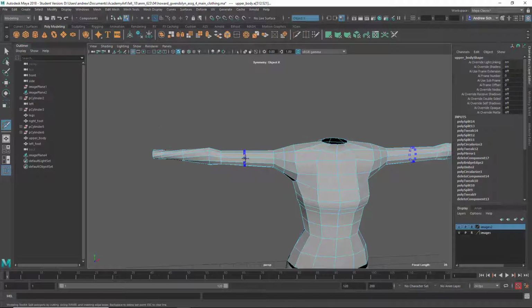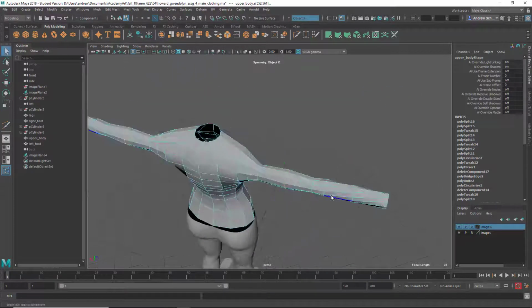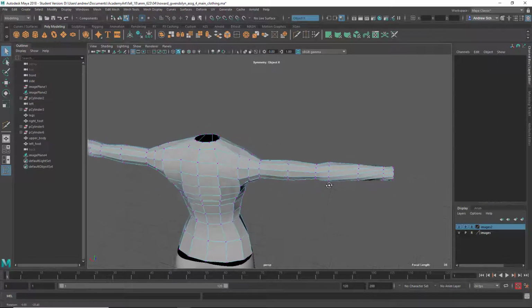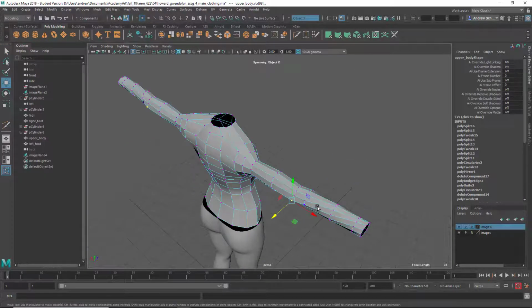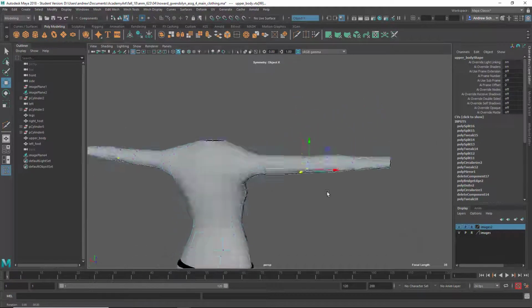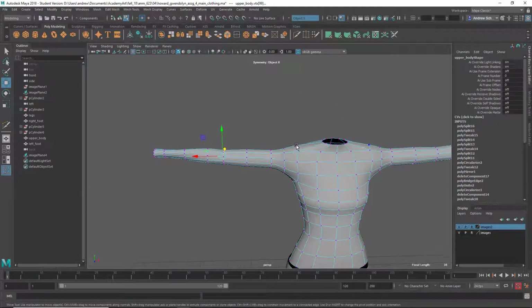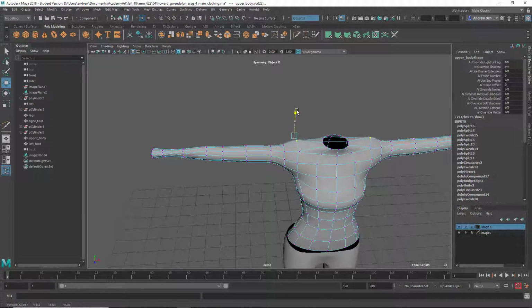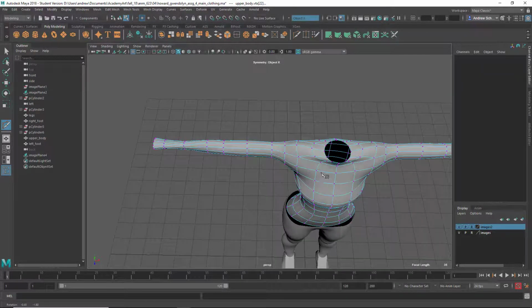Maybe one for the bicep. Yeah, I'm just being real quick about it, but obviously you could put some more time in. Maybe you want to get a little bit more of an elbow indication here. And you know, the shoulders could come up a little bit. Maybe you want some more detail here, and